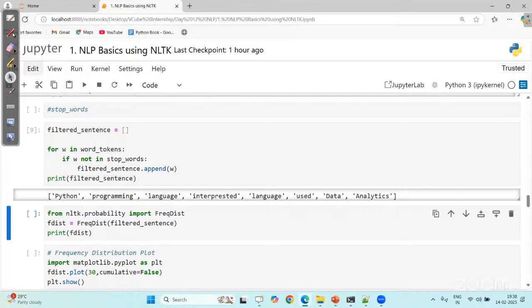So shall I say that my document is free of stop words? Can you respond? Dear students, I will be waiting for you. Hope everyone is okay with removing the stop words. Yes. Next step is